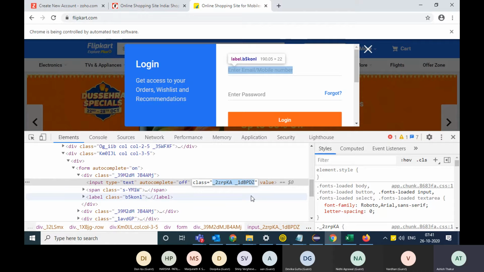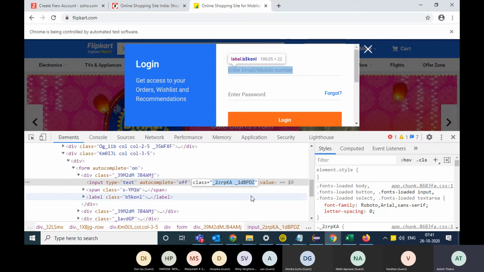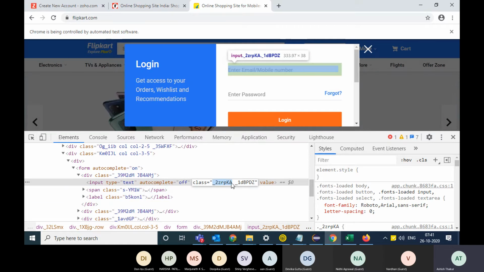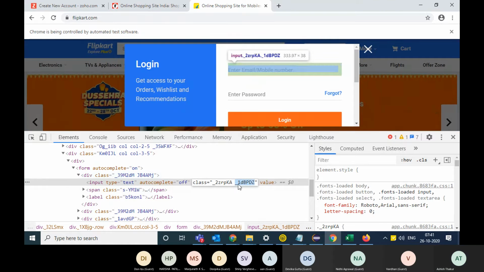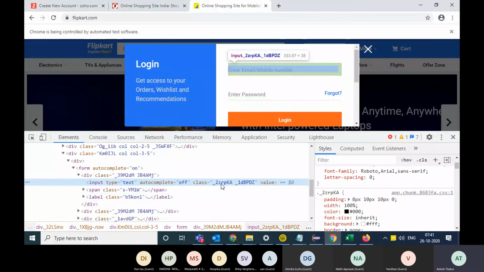Now actually this is not one class. This actually represents two classes. The class name for this element is first this word, then there is a space, and then there is another word. Look, these are two different classes.